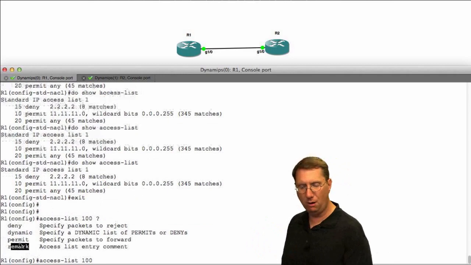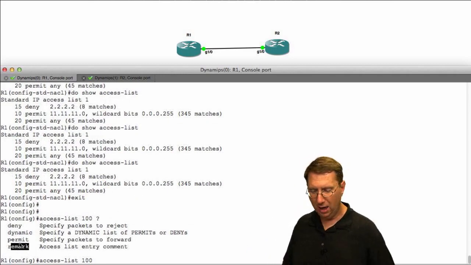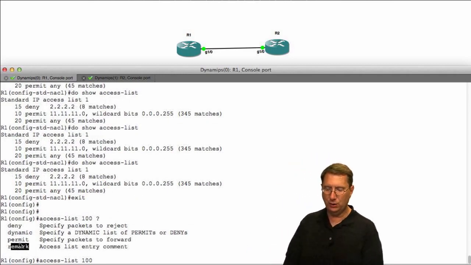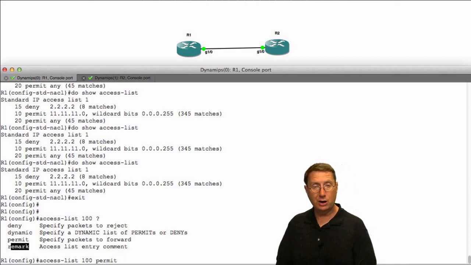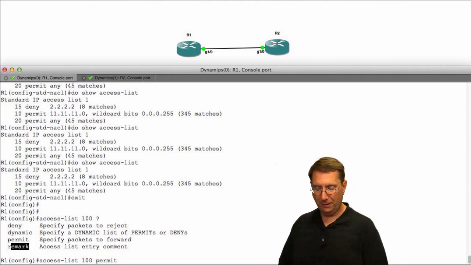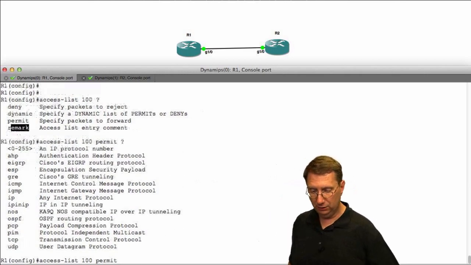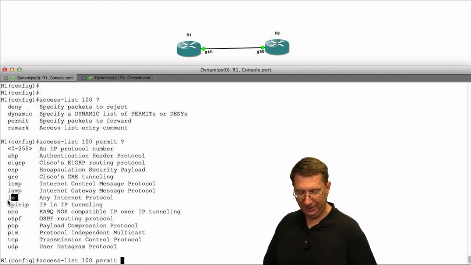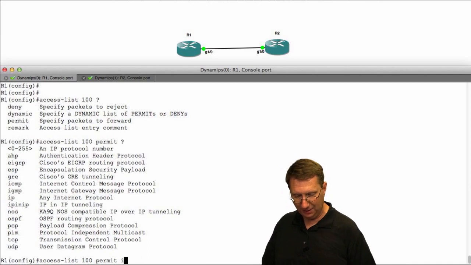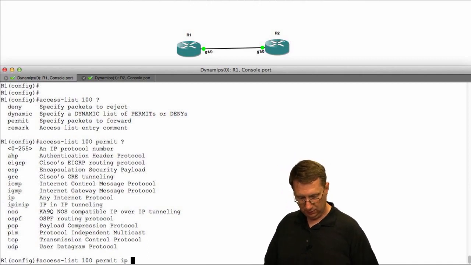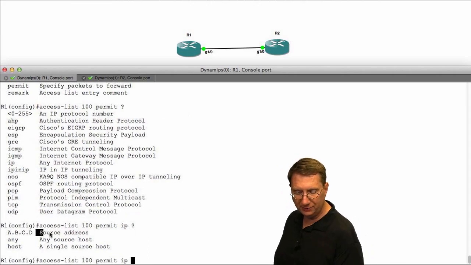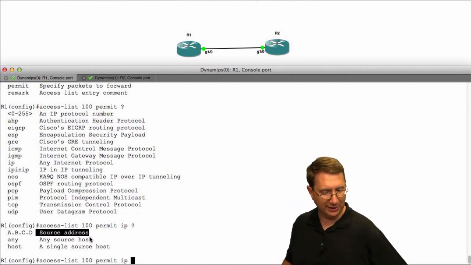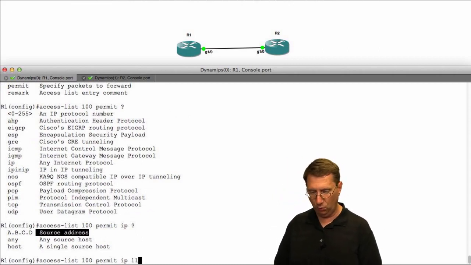I can also come up with a remark that allows me to explain what's happening. But what I want to do is permit traffic coming from a particular value. So I'm going to come in here and say IP, so any IP packet that's coming in. Context sensitive help again. Notice I'm defining the source. So anything that is going to be sourced from